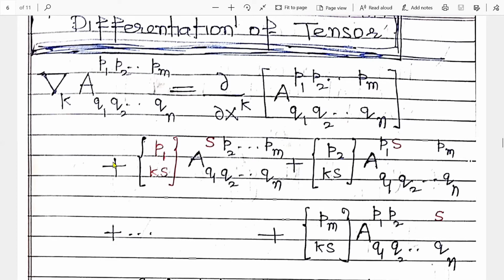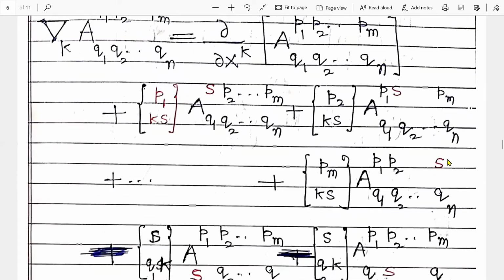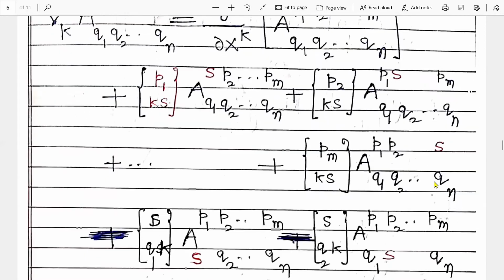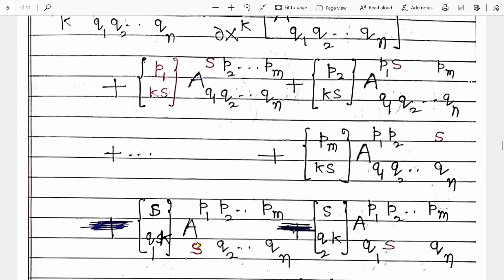Lower part k, so write lower part k and introduce a new variable s. So this is a. We used p1, so write s in place of p1. So this is a, s, p2, pm, and so on. Clear? So that is on the same line of action in case of p2, in case of p3, and in case of pm. Right?